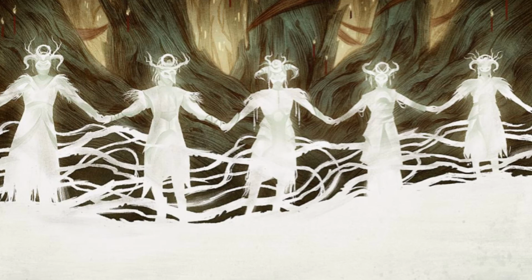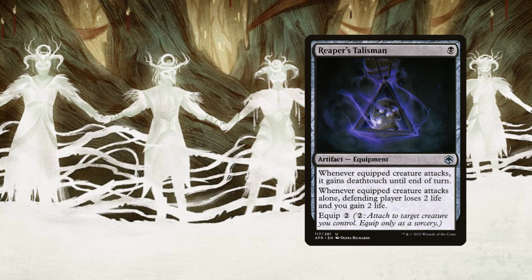Up next, we have 2 copies of Reaper's Talisman. For 1 black mana, we have an artifact equipment with, whenever a Zombie creature attacks, it gains deathtouch until the end of turn, and whenever a Zombie creature attacks alone, defending player loses 2 life and you gain 2 life. So this is an amazing card. It costs 2 to equip to a creature, and obviously if we stick this on our largest zombie, and we've got the chance to do this multiple times,